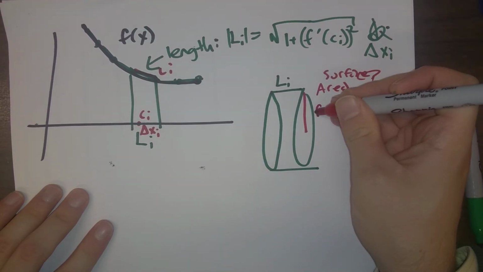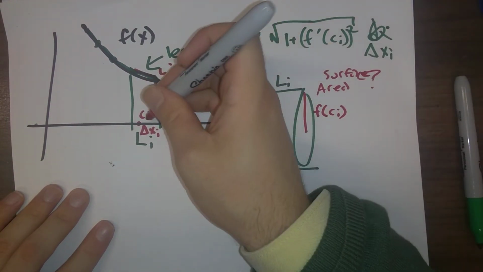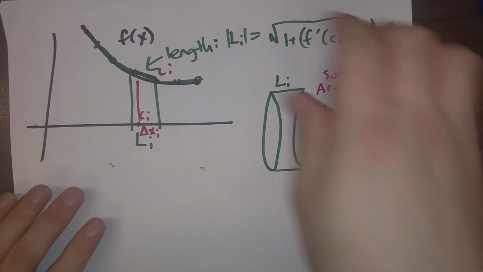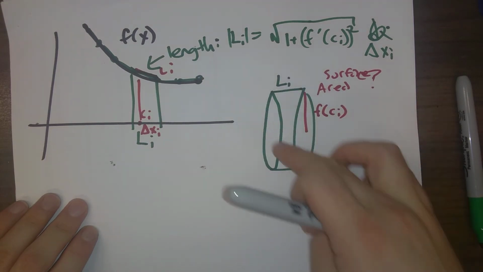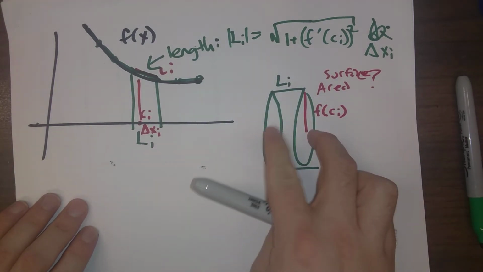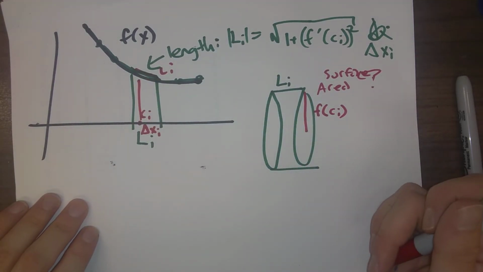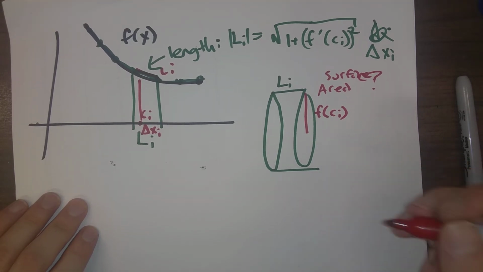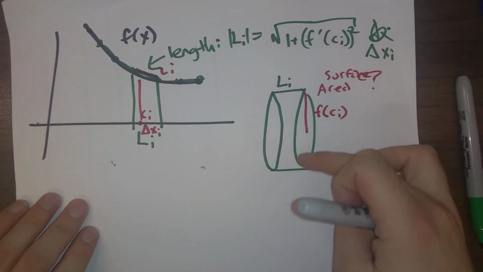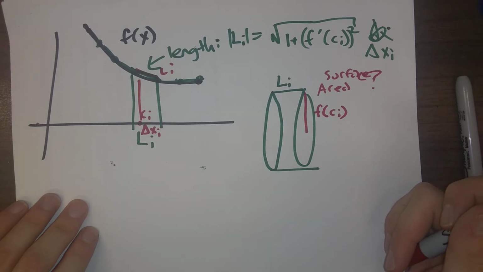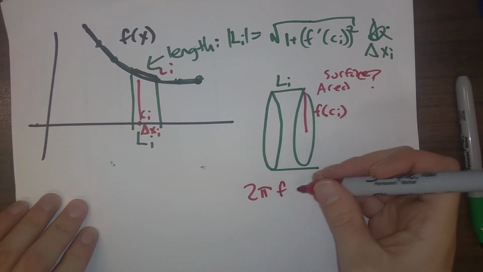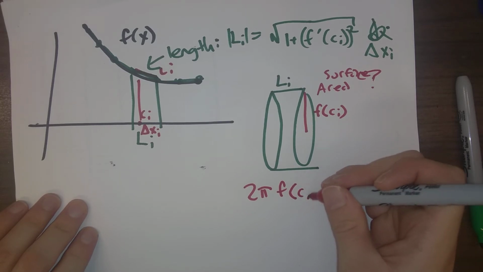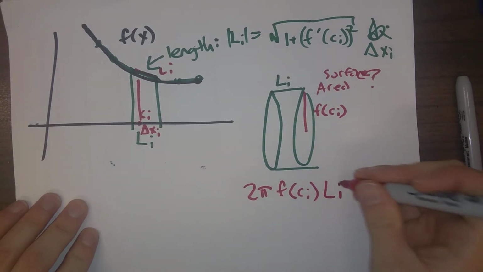The radius here is f of c i, that's the height right here. And so the surface area of the side of the cylinder, we don't have to worry about the holes on either end, is going to be the circumference of the circle, which is 2 pi times f of c i, the radius,